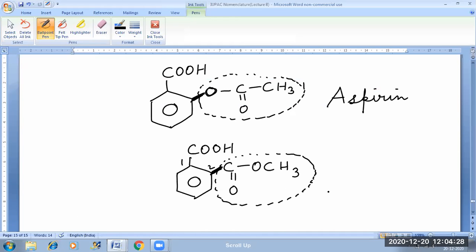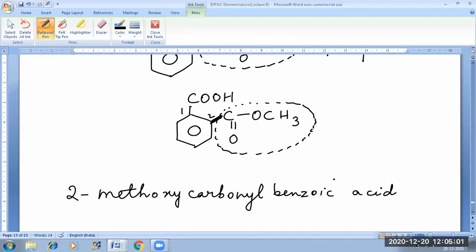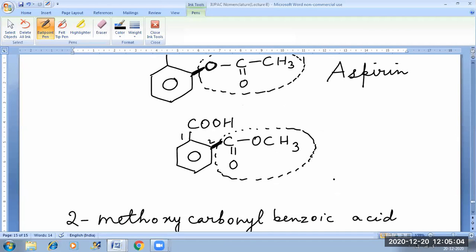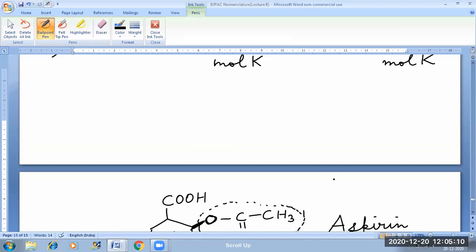So this is not aspirin. These two are different things. That's why I wanted to show you this. Both contain ester group, but the linkage is different. In aspirin, the oxygen atom is directly connected. The molecular formula is the same, but the structural formulas are different. So it is called methoxycarbonyl. COOCH3 is called methoxycarbonyl. Okay. Now,